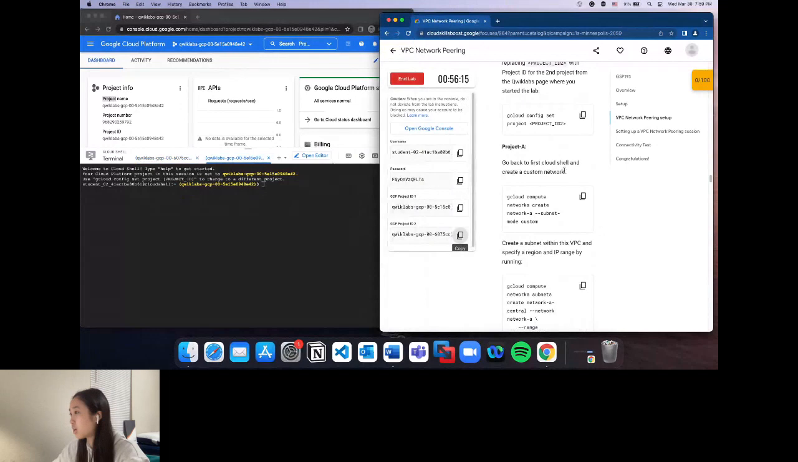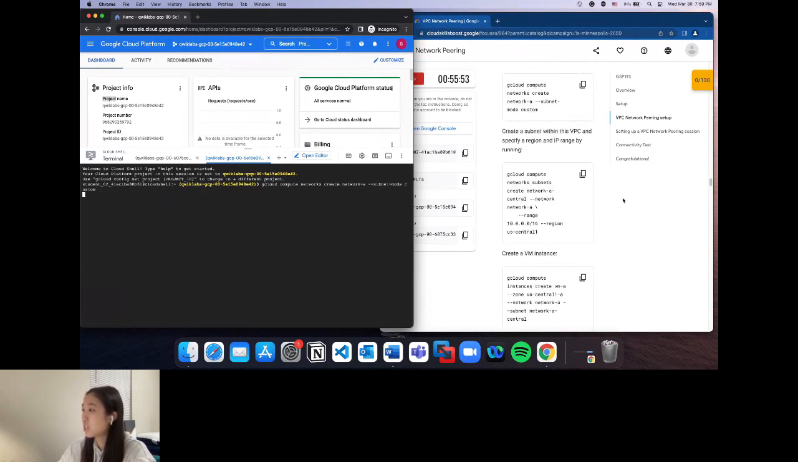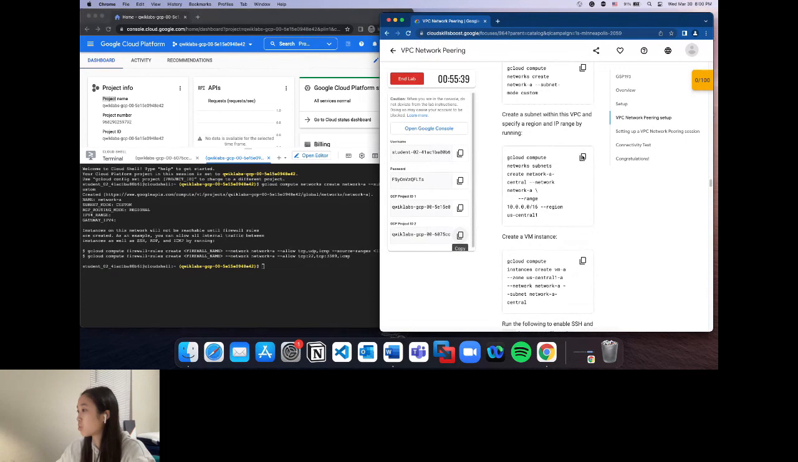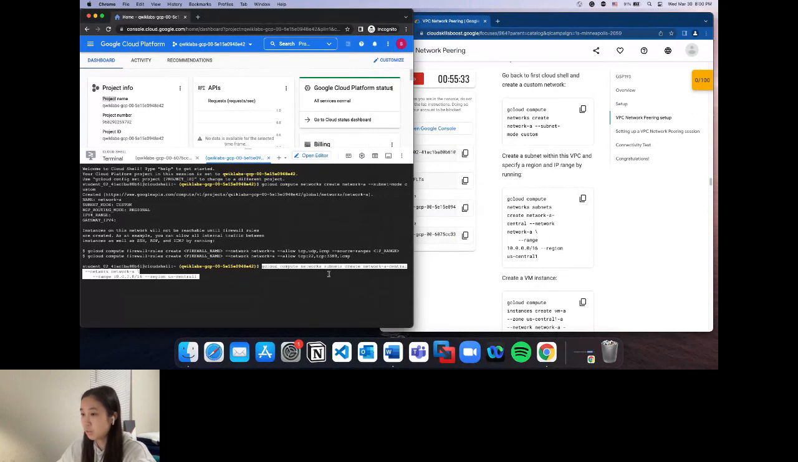And then we're gonna create a custom network. So basically we're gonna say gcloud compute networks create network A, where the subnet mode is custom. And we're gonna go ahead and create a subnet within this and specify a region and IP range using this command. And then it shows that the VPC network has been set up. Let's go ahead and copy this command to create a subnet. We're going to paste it here,